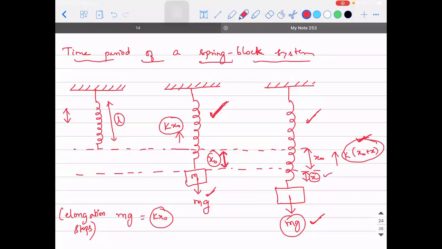Does it make sense? Oscillating in the sense that this restoring force also can't stop the block exactly here. It will get compressed. After getting compressed, it will come back in the reverse direction. So it will start oscillating. Once it starts oscillating, it will have a time period associated with it, and our work is to calculate the value of that time period. Did you understand this? Got it, right? Yes, sir. So that is the whole physics behind the oscillation of a spring and block system.